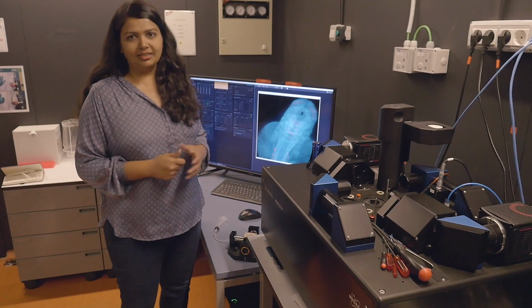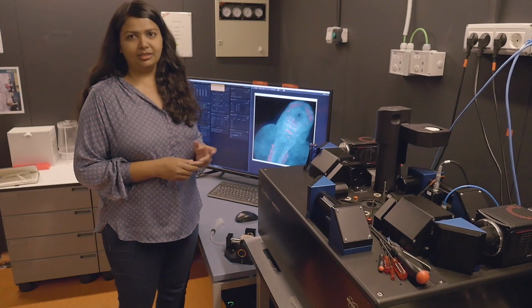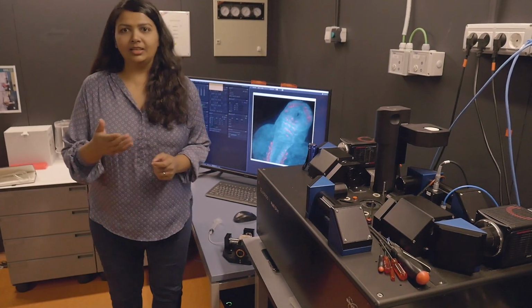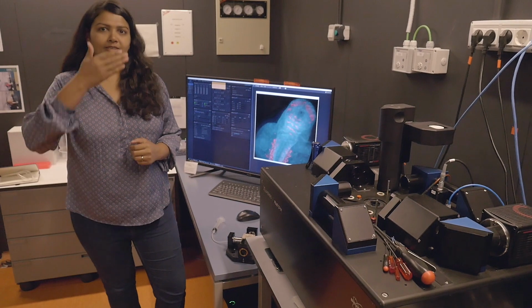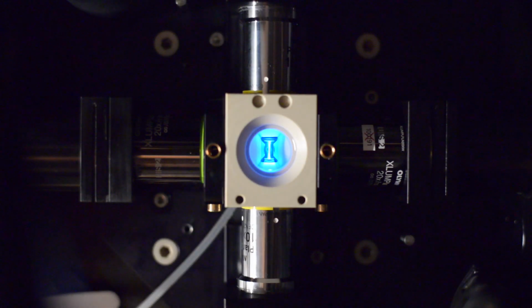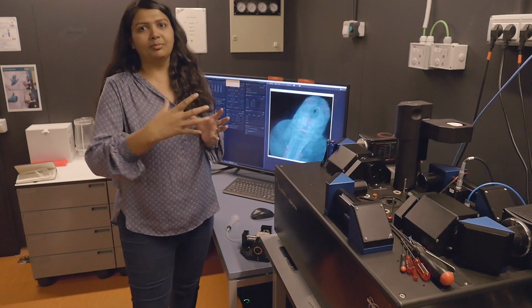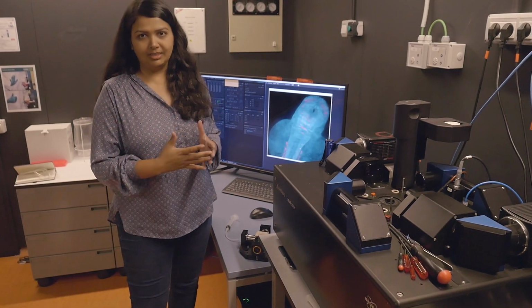Hi, I'm Gopi Shah. I'm the project manager for advanced mesoscopy applications. For imaging large biological samples up to a size of 1 millimeter, we use a multi-view light sheet microscope. In light sheet microscopy, you illuminate the sample with a sheet of light in one plane, and the sample moves through the sheet of laser. A camera is continuously recording images, producing a three-dimensional stack of images of the sample.